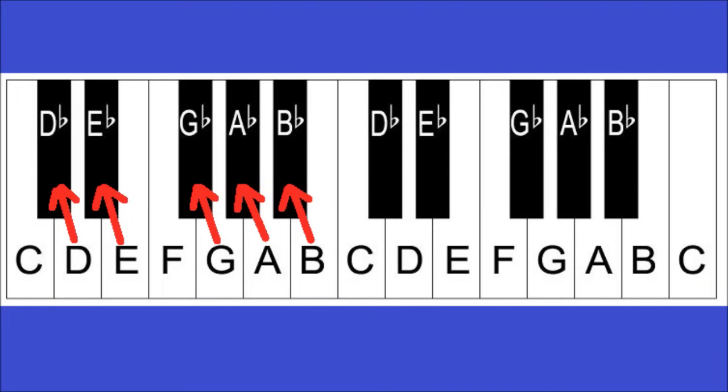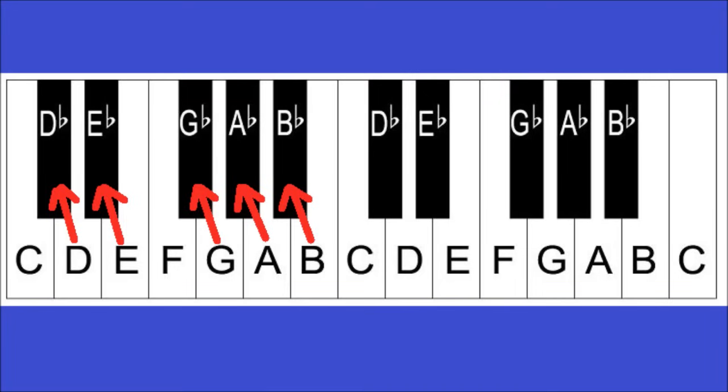If you come across the note name E flat, it means to play the key that is just before the white key E. G flat is the black key that is to the immediate left of G. A flat is the black key that is to the immediate left of A. B flat comes just before the white key B. So the black keys of your piano can also be called D flat, E flat, G flat, A flat, and